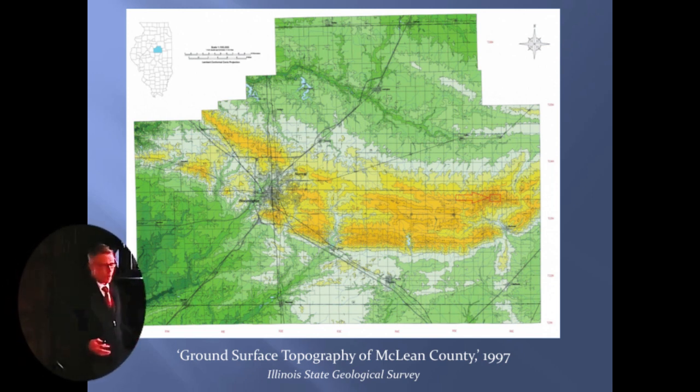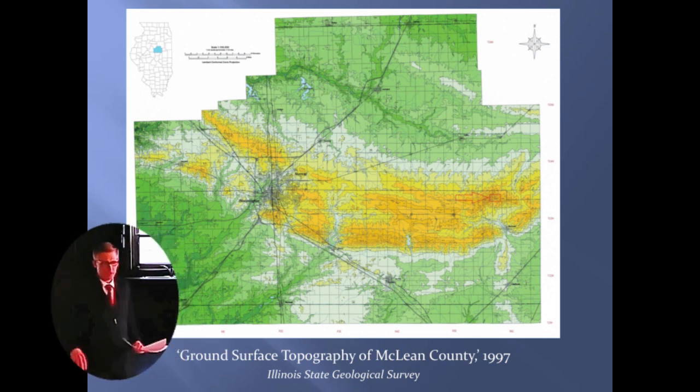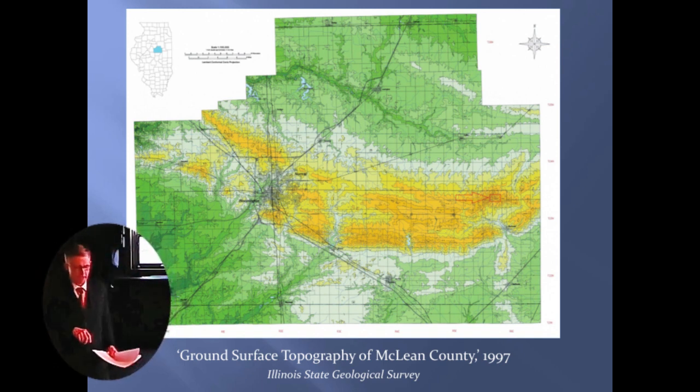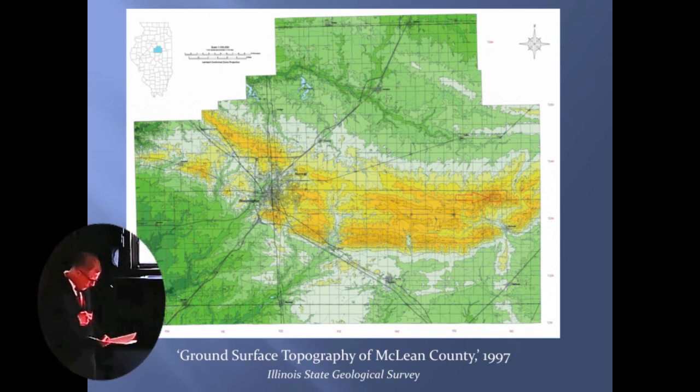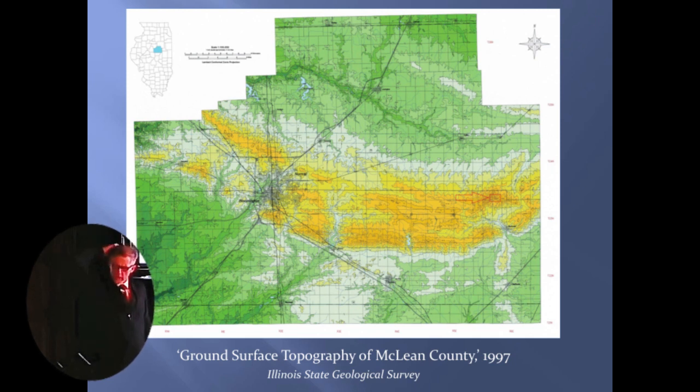moisture, standing water used to mean something in our culture and civilization, but we've laid so much concrete and asphalt and gravel that we tend to forget how important elevation and being high and dry used to be, right? Right there in the red box, that's the highest point in McLean County, right? So if you take Route 9 out to Gibson City, along Route 9, look south, you'll see a kind of a radio tower. That's the highest point in the county,